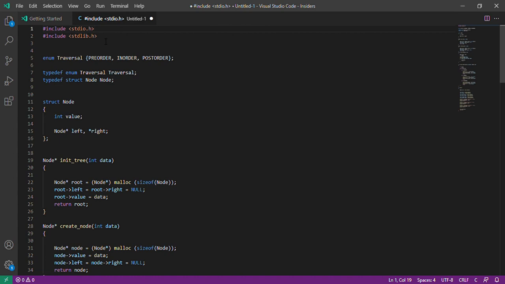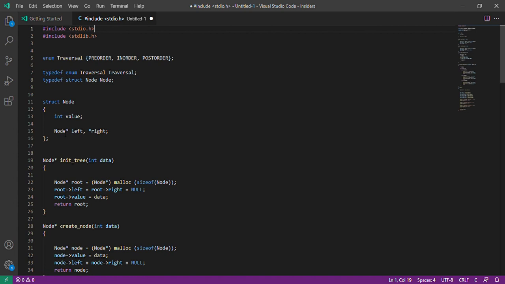So now let's discuss this program. This program defines the types of traversal methods: pre-order, in-order and post-order. Then next, we define the tree node.